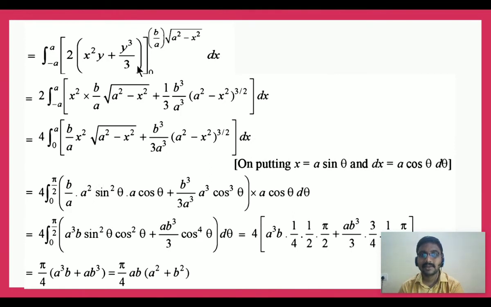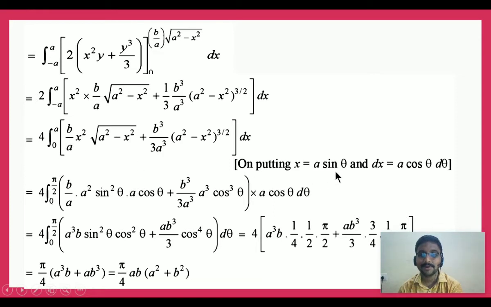So integrating with respect to y, keeping x as constant, x square is constant, the integral of 1 is y, the integral of y square is y cube by 3. Now substitute the upper limit and then the lower limit. By the substitution x equal to a sin theta, dx is a cos theta d theta. While putting these values, don't forget to change the limits also. These are the limits for x. Now we can change them to theta limits.